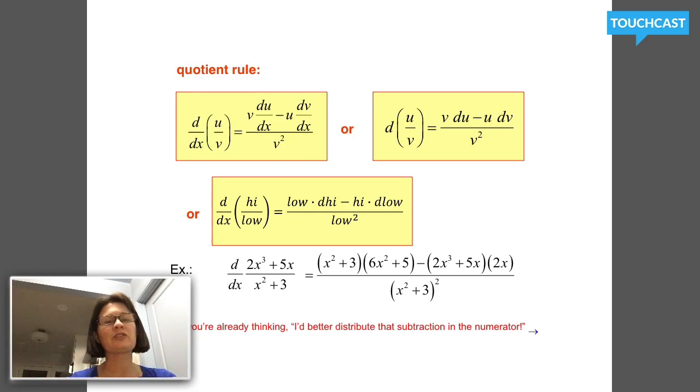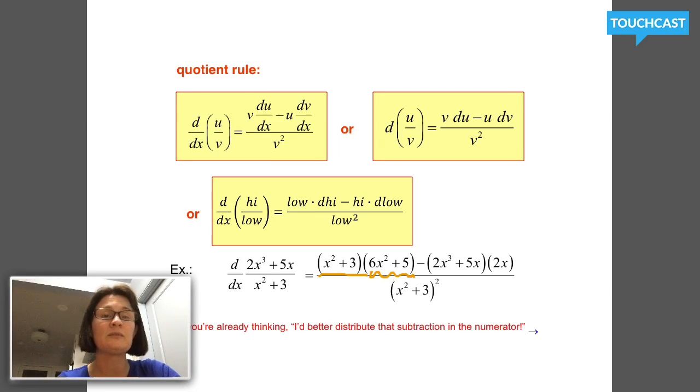So we could use a similar function to the one we used for the product rule. If I want to take the derivative with respect to x of 2x cubed plus 5x as my numerator, x squared plus 3 as my denominator, you can see the expression that's written here. So this is the low, the original denominator, times the derivative of the high up, the top. The derivative of 2x cubed plus 5x is 3 times 2 makes 6x squared plus 5, minus the original numerator, 2x cubed plus 5x, times the derivative of the bottom, the derivative of x squared plus 3 is 2x, all over